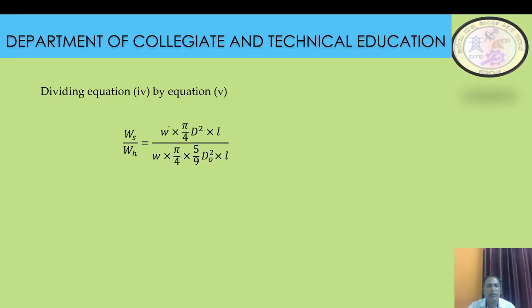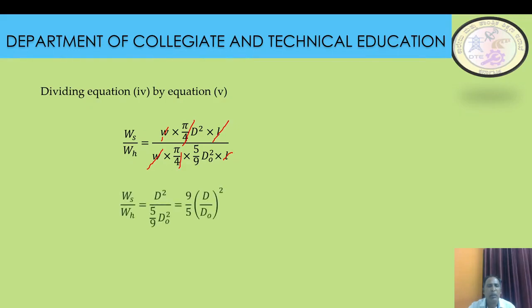So here also, so weight density, as the material is same, that weight density will also be same. This one gets cancelled with this one, and pi by 4 gets cancelled with pi by 4, and L cancels with L. So therefore